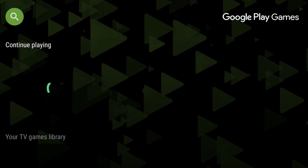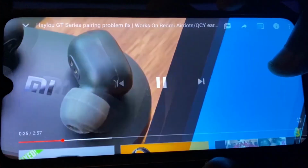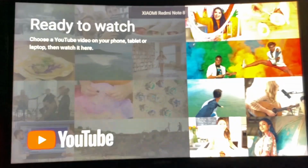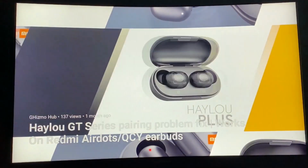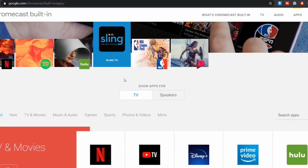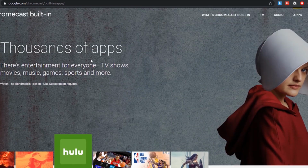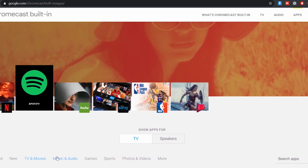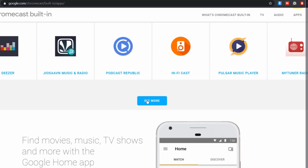And in terms of gaming, the streaming box supports quite a number of games, which can be found in the Google Play Games app. Aside from Android TV running on this streaming box, the Mi Box also has inbuilt 4K Chromecast support that allows you to mirror your device to your TV. With this, we have 1,000 plus Chromecast enabled apps on the Play Store, and also under these apps we have 200,000 TV shows and movies to cast from your phone to your Mi Box. And I think this is a very huge advantage for those who want to convert their old TV to a